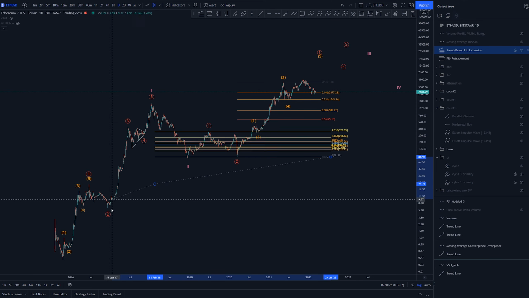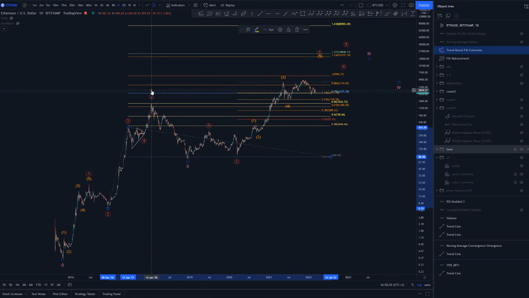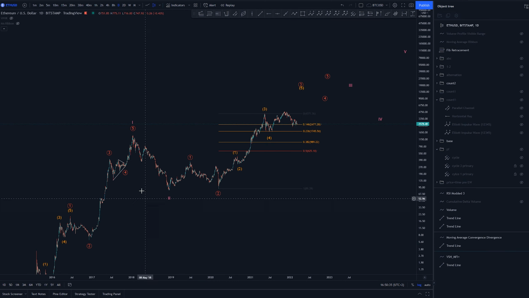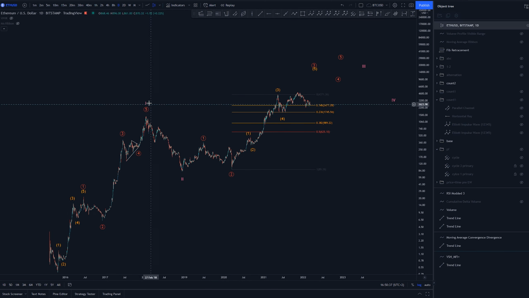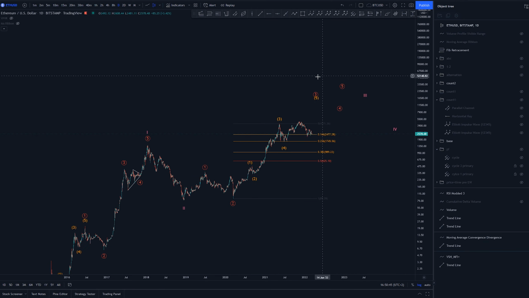We can also measure the actual wave 3 of this cycle 1 to give us some kind of insight. Now, as this is wave 1 of this cycle, the wave 3 usually is much larger, and that is one reason this could still be valid. Also, I've labeled